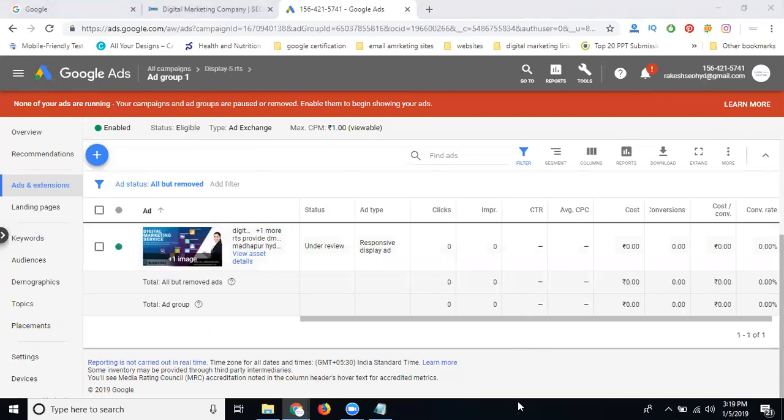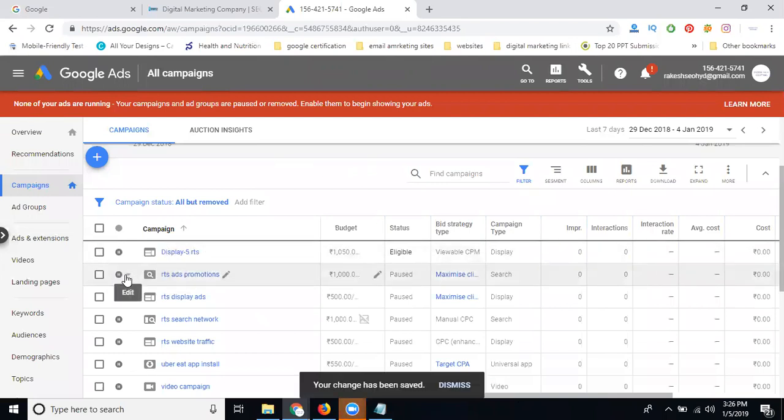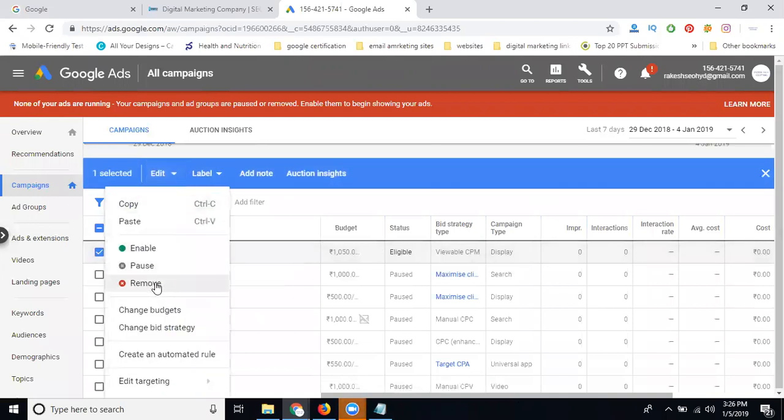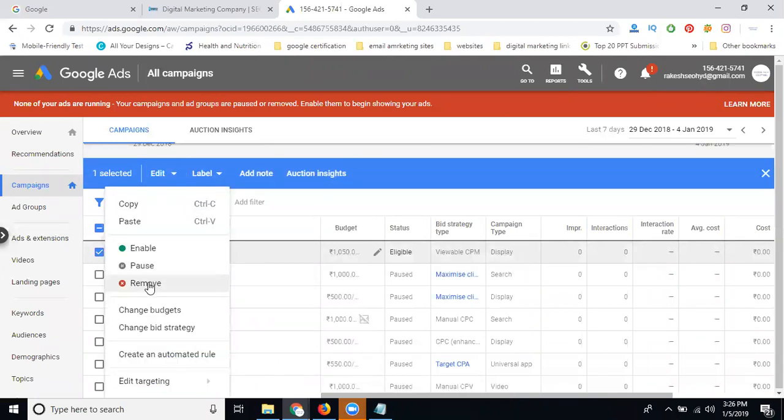Conversion rates. So once you create your campaign, if you have to stop it, the simple solution is to select your campaign name and click pause. But if you want to delete this campaign, simple logic: select it, and the campaign is deleted by the option called remove. Here it's not showing a remove option, only enable and pause. You can run your ad or stop your ad, only two options. When deleting, select this option, go to campaign total, click the remove option for the total campaign. So, clear? This is how to create a display campaign for a particular website for Google AdSense ads.